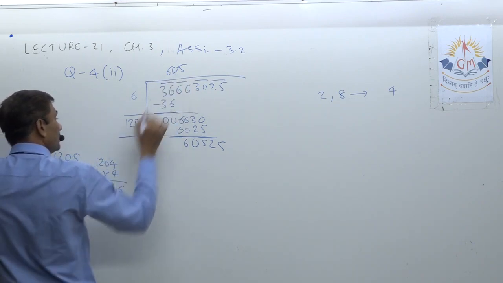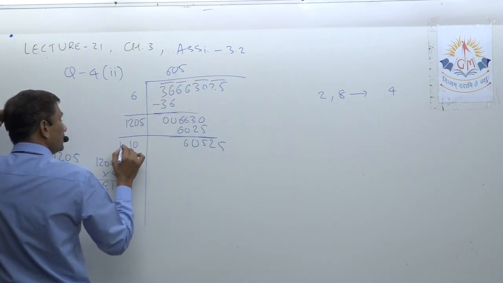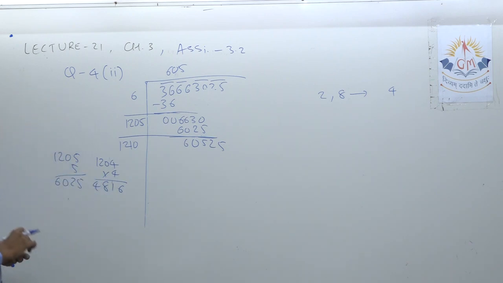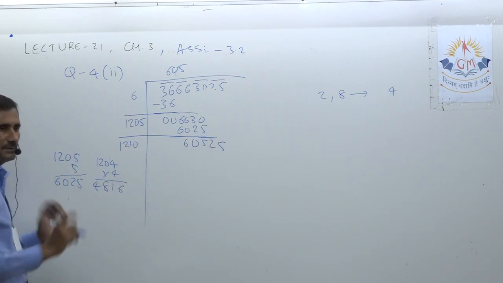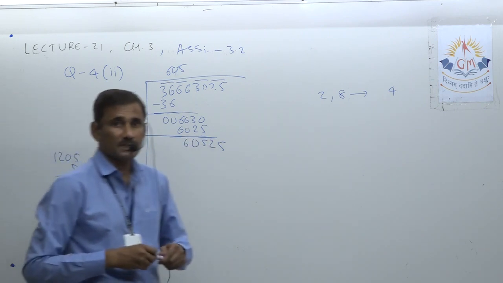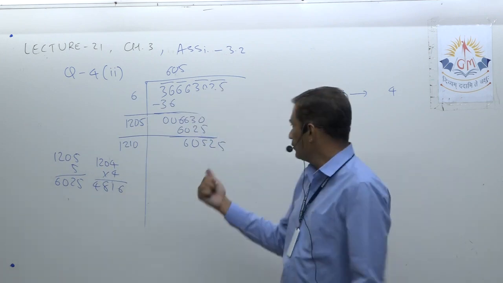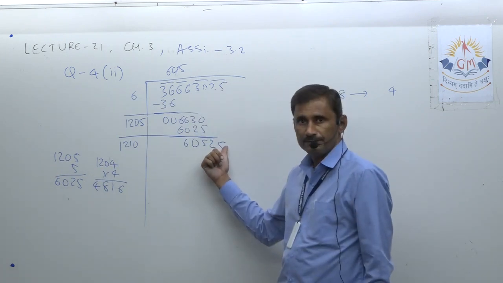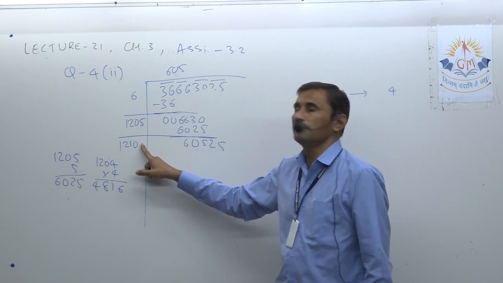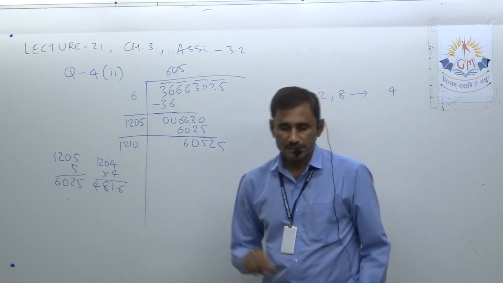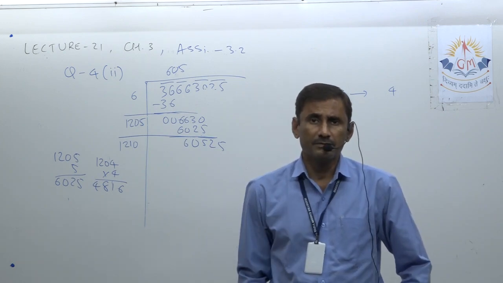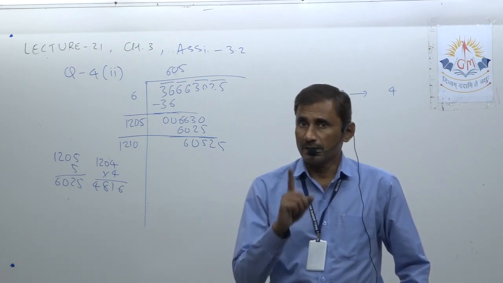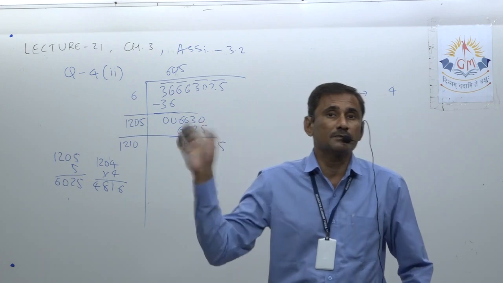So right here, 1210. And now we try to go ahead here. Now it is our last step, and it is obviously a perfect square number. So now look here, the last digit is 5. So here we have to place 5, because the square of any number having last digit 5 is possible only if the number itself has last digit 5.